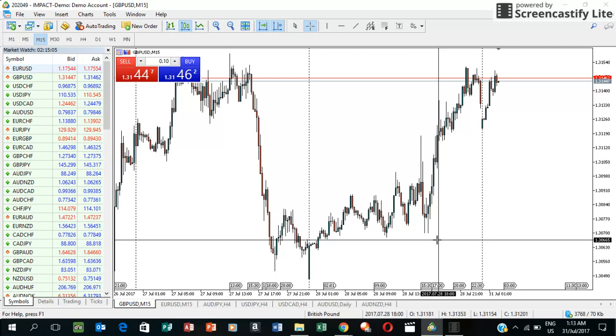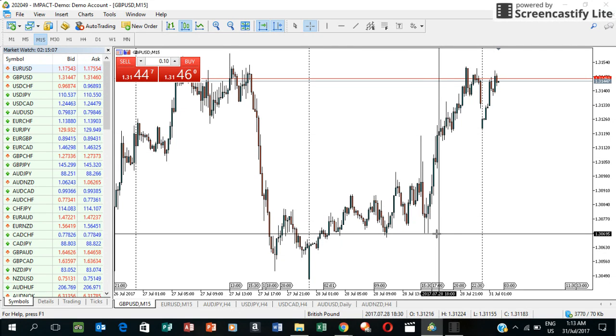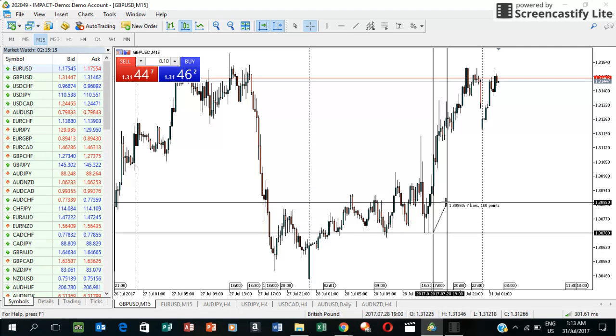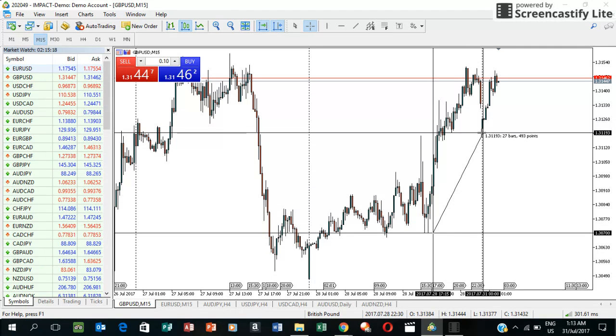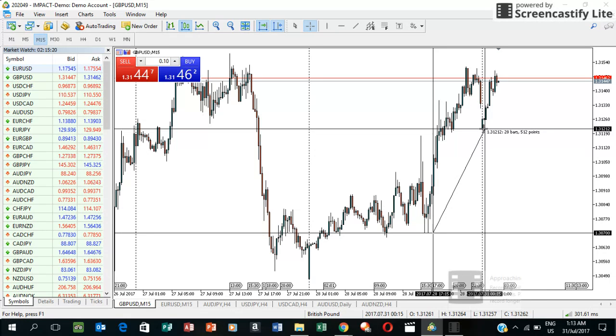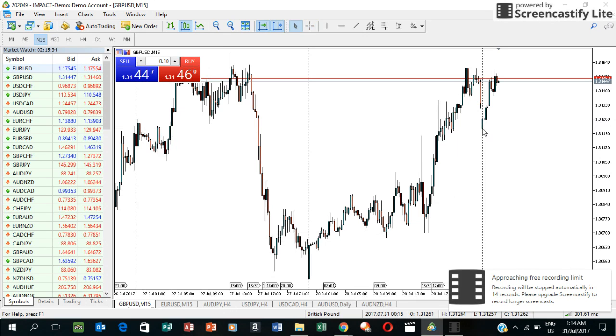Now, one of the amazing features of a crosshair is you can count the number of candles by left clicking, holding and dragging. So if I were to count the number of candlesticks there, it's 28 candlesticks, and the number of points or pips is actually 51.2 pips. Okay, I'm going to have to do another video to explain the rest of this panel, so please stay tuned